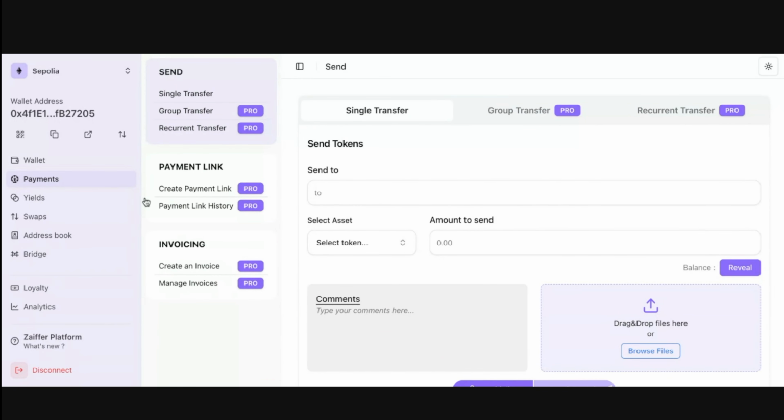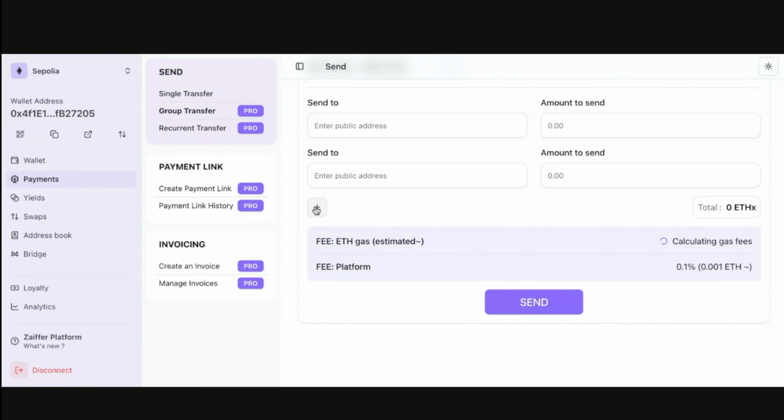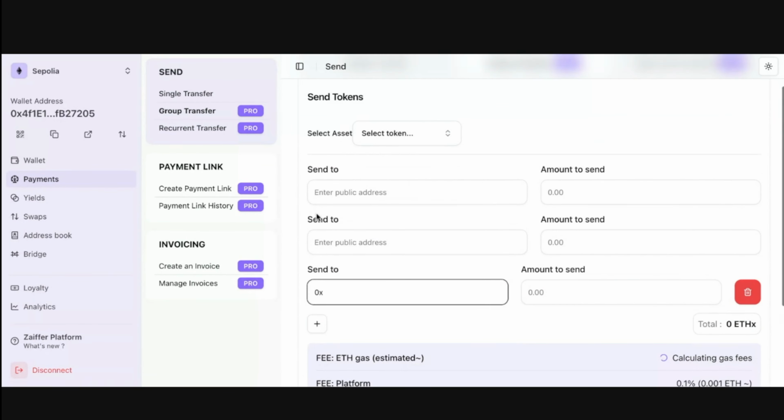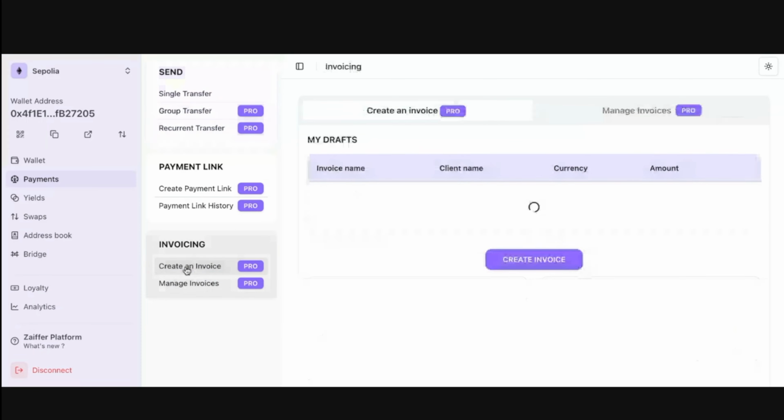And so for that, we have built different features to allow, for example, group transfers, if you want to send a bunch of transfers for salaries, for example. But we've also thought of businesses who want to invoice themselves. So let's do